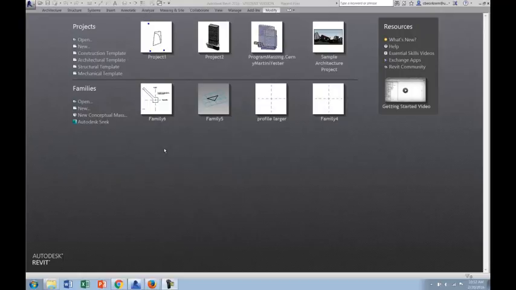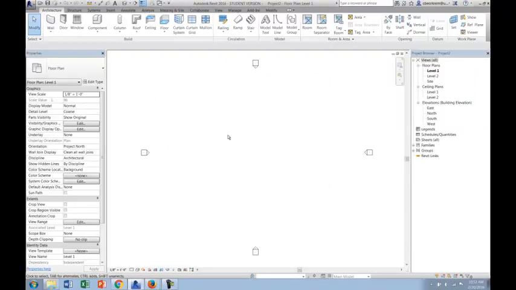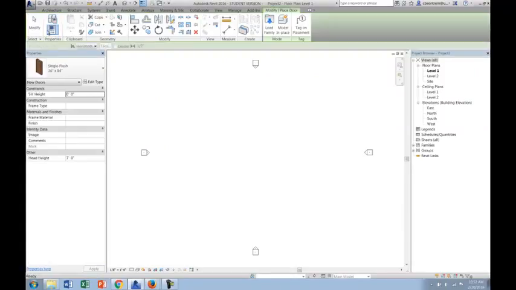and add some complexity to the way that we look at curtain wall systems, and actually starting to look at how we can deploy them on conceptual masses. We started that a little on Thursday, and we're going to try and reinforce a few concepts today. So I'm just going to start with an architecture template here to get us up and running, and I want